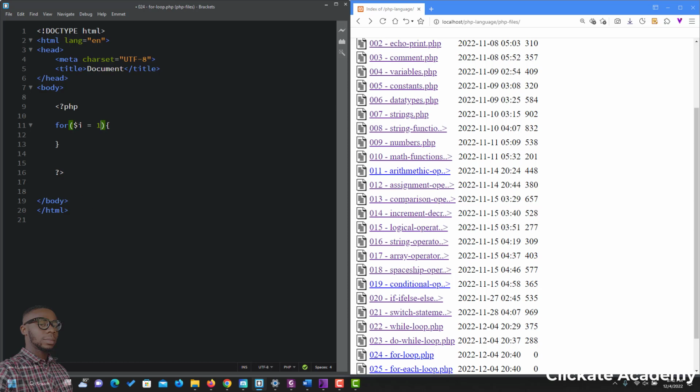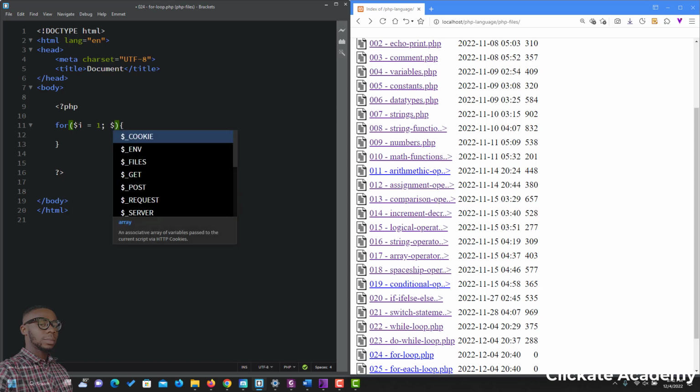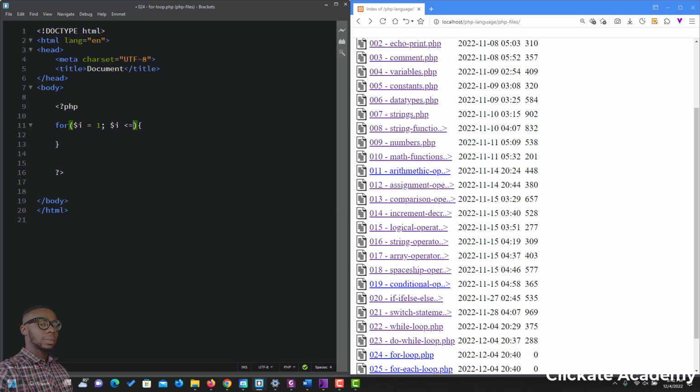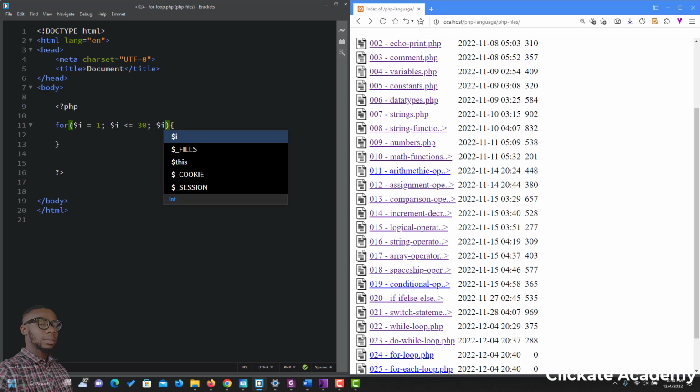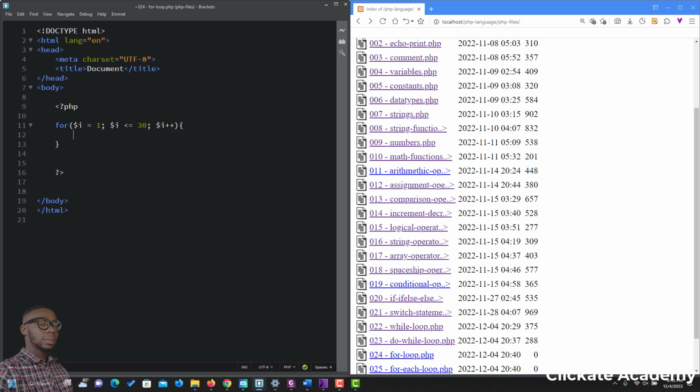This is called initialization. The next one is our condition. So we say I is less than or equal to 30. And last but not the least, the increment, which is I plus plus. Then inside of the for statement, the for loop, we now create the code that we want to run. So this is it. We say the number is